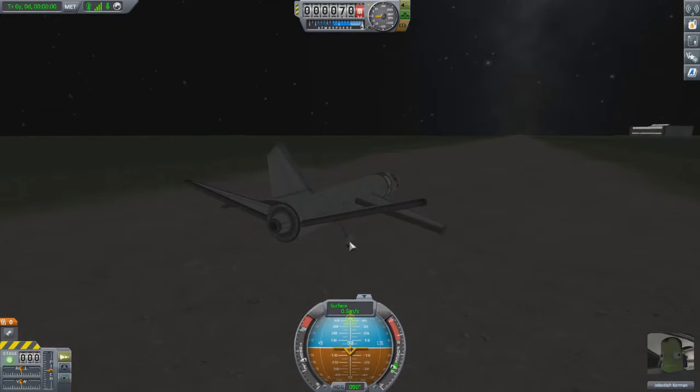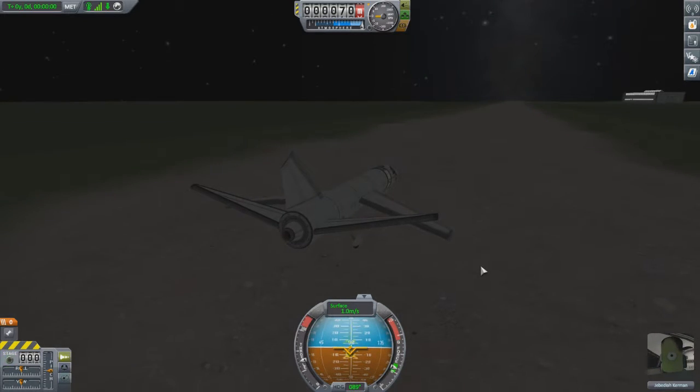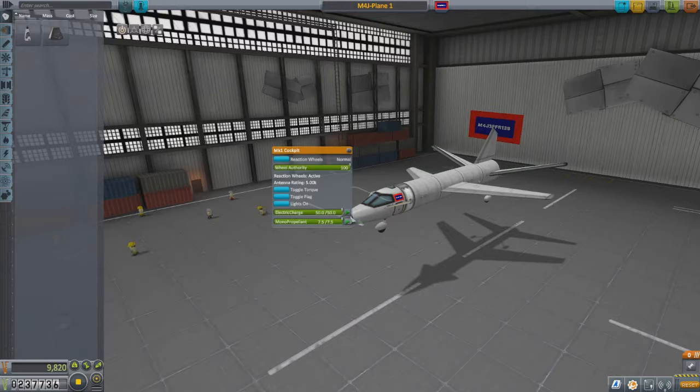It's a little bit bouncy. So now the brakes should be on, so I'm not quite sure what's going on here. Let's fire up the engine. Yeah, I think we need an air intake, otherwise this just does not work. Alright, revert. Revert to hangar. Where the hell am I going to put...